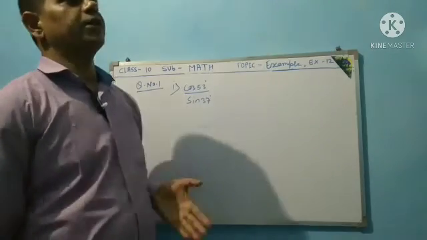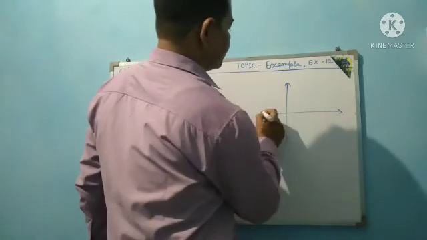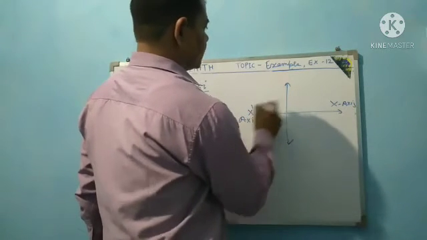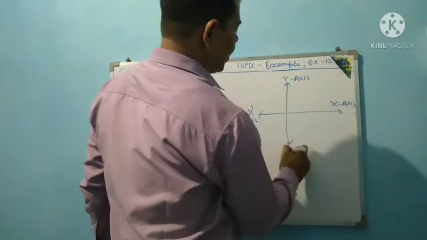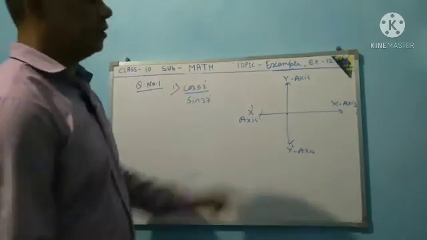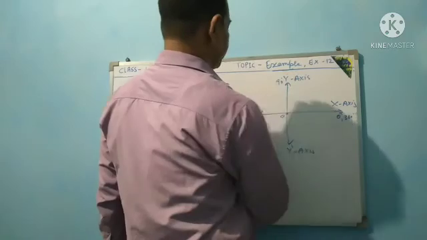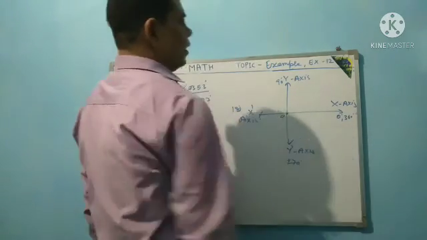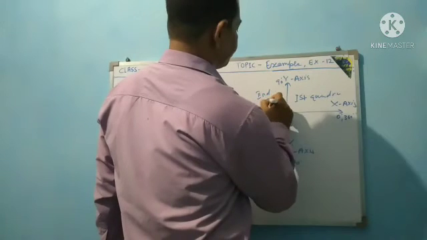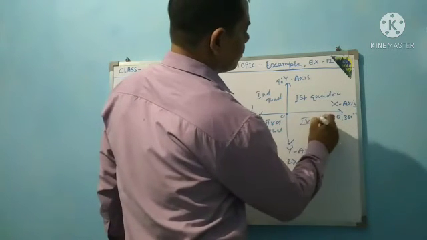So in previous classes you studied the quadrants, that is the x-axis and x dash axis, y-axis and y dash axis, that is the origin, reference frames in physics and math. At origin O, that is 0 degree and 360 degree, 90 degree, 180 degree, 270 degree, and that is the first quadrant, second quadrant, third quadrant, and next is the fourth quadrant.